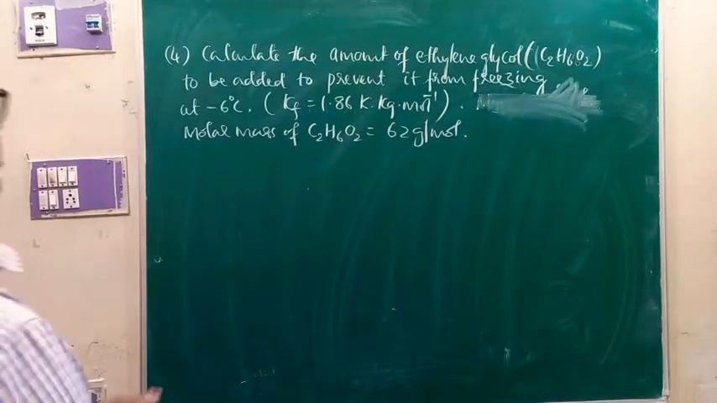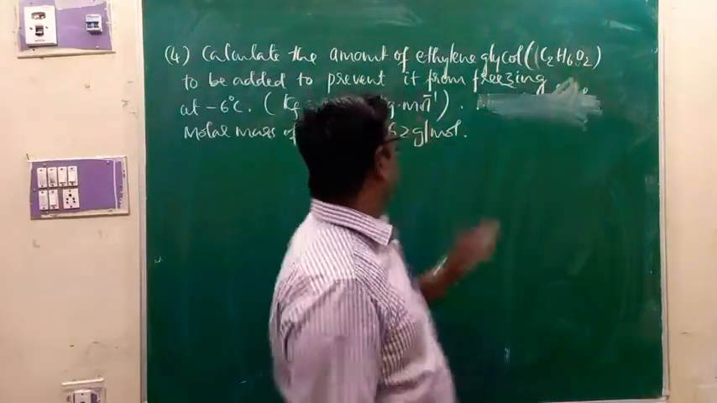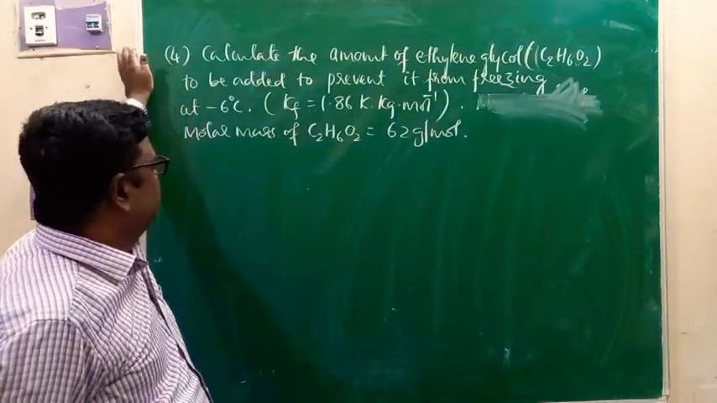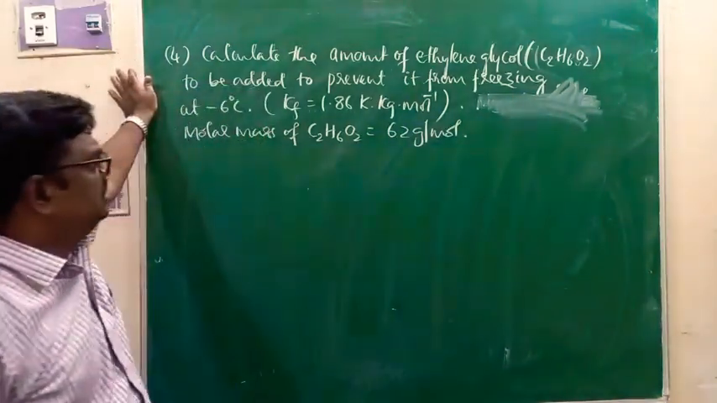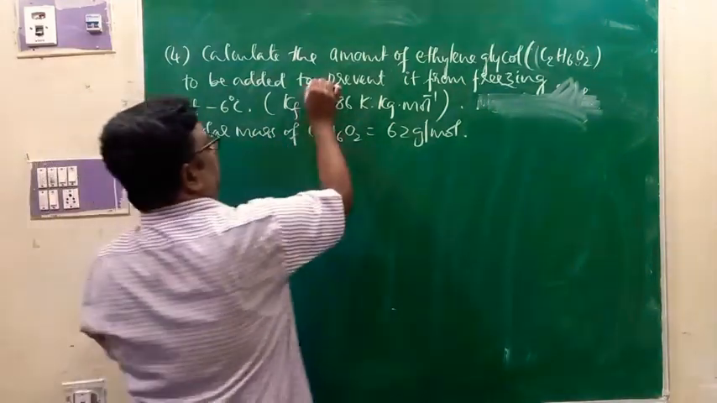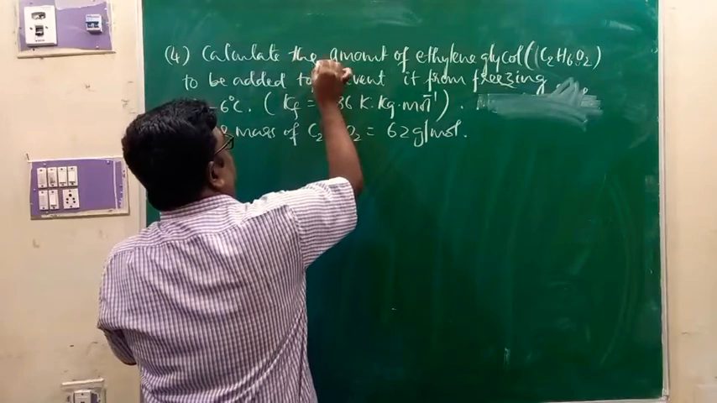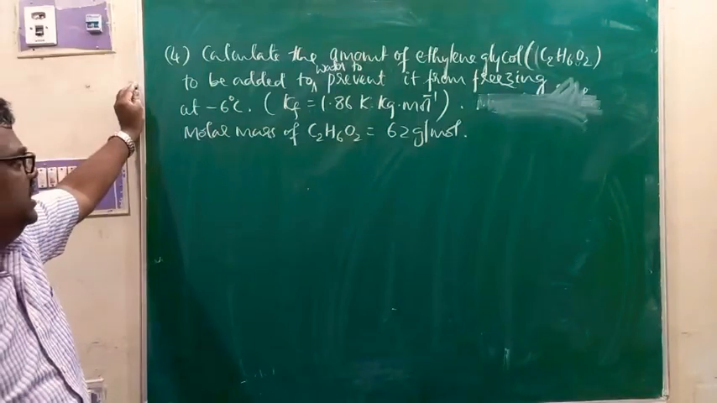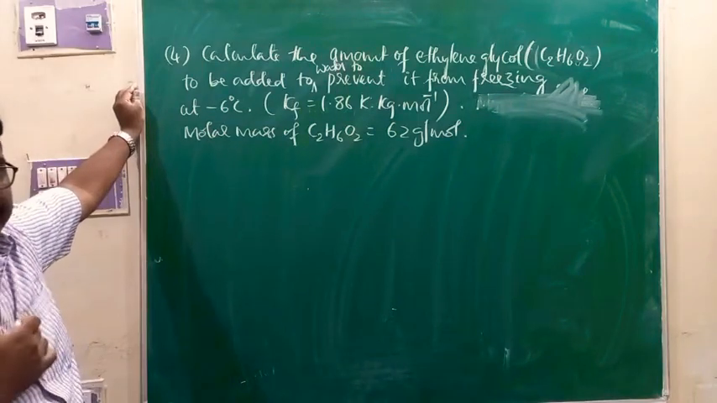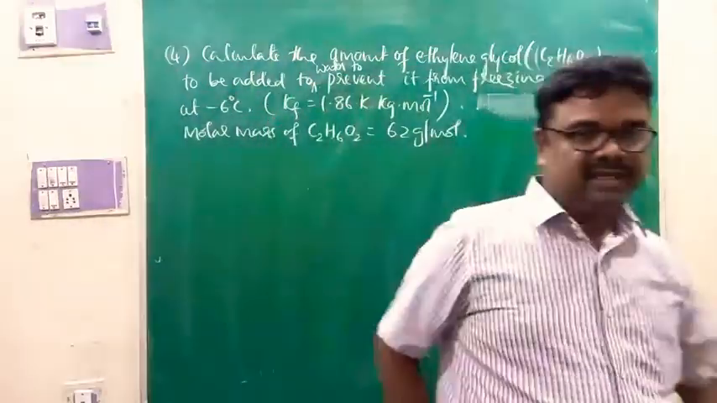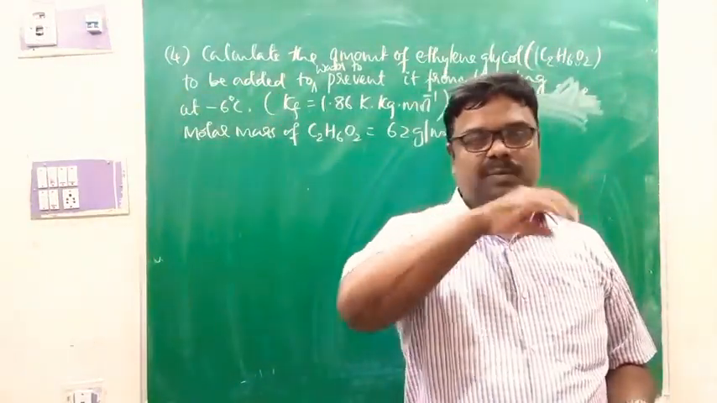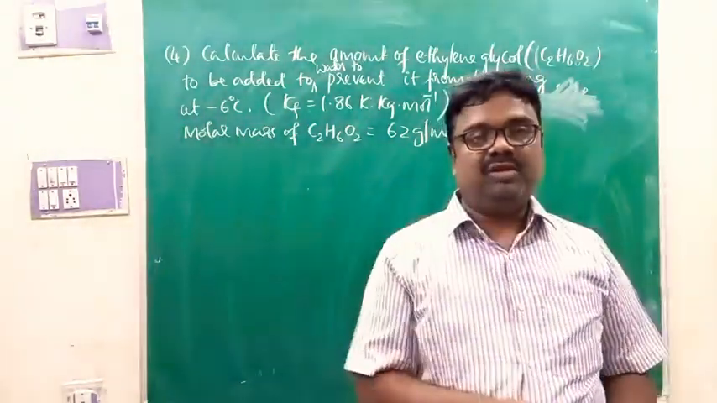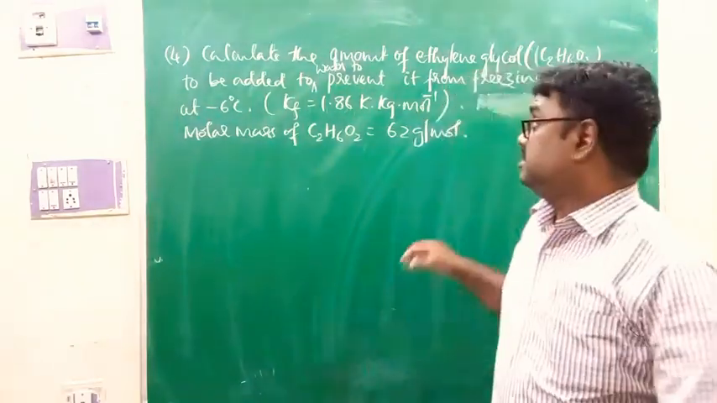Look here, the fourth problem. Calculate the amount of ethylene glycol C2H6O2 to be added to prevent it from freezing at -6 degrees Celsius, right? Molar mass of... yes, it is added to water to prevent it from freezing at -6 degrees Celsius, right? You know water freezes at 0 degrees Celsius, right? In order to prevent the freezing of water even at -6 degrees Celsius, what should be the amount of ethylene glycol to be added to the water? Yes, that is